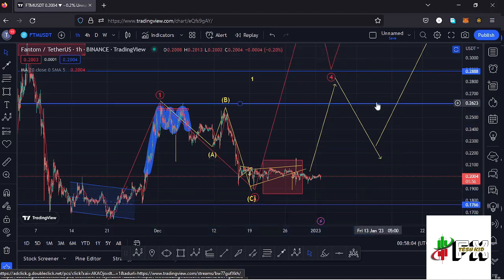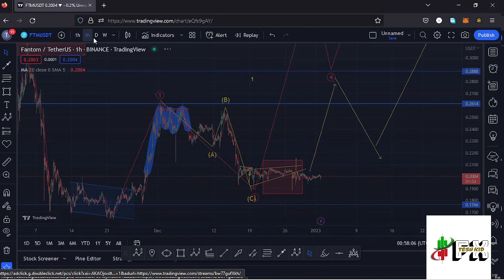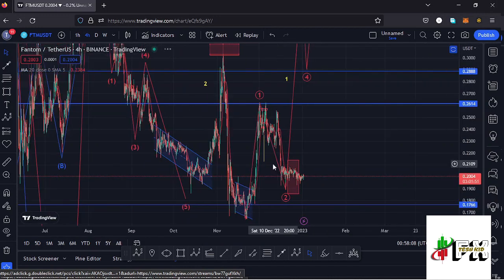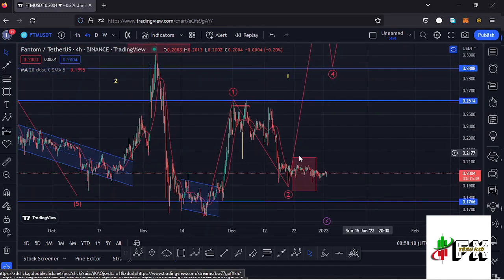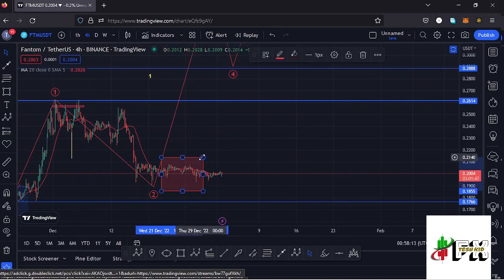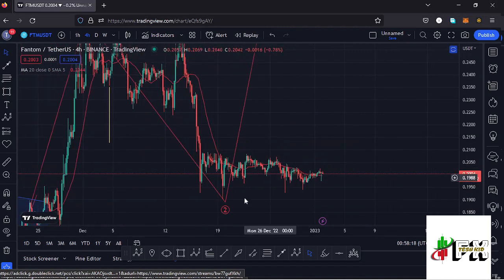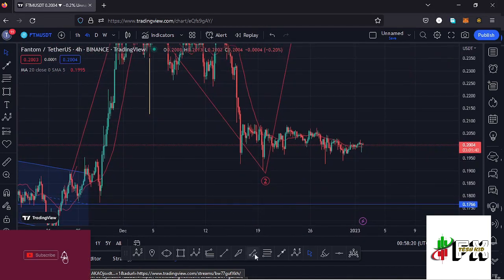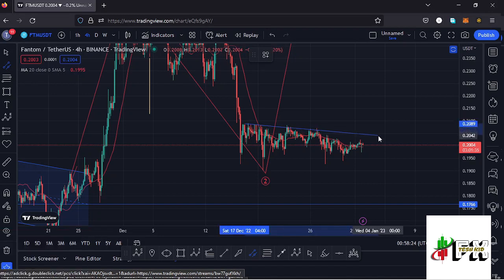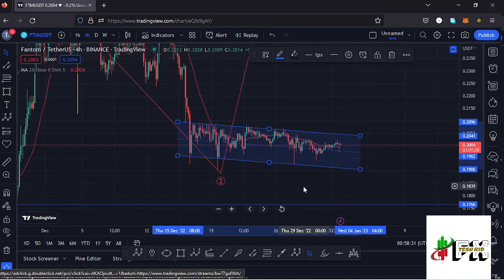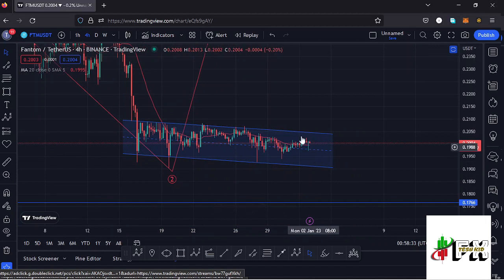And jumping to the 4-hour chart to see that consolidation that I'm talking about, here on the 4-hour chart, that consolidation is better seen, and we can have a chart pattern within that consolidation, which is a channel, and that is what is going to give me the short-term scenarios that I'm expecting to play out here on the Fantom chart. And I can connect these lower highs like that, then the lower lows, and you can see that we have this channel, which is a descending channel, which has been well respected, and there are chances of seeing a breakout either to the upper side or to the lower side.